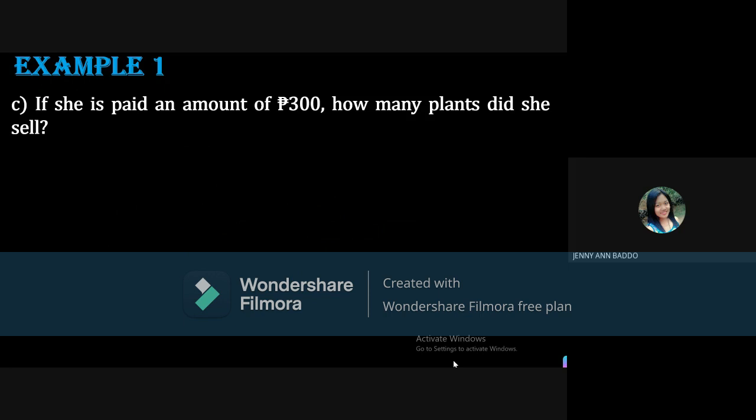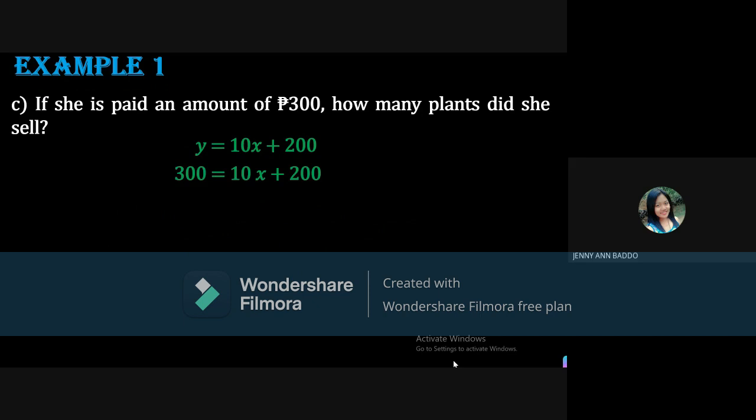Take note for this question, the given is the amount Maria is paid in a day, and that is 300 pesos. So y is equal to 300. Now, using our linear function, we now have y equals 10x plus 200. By substitution, y now becomes 300